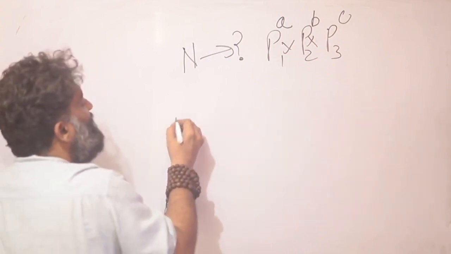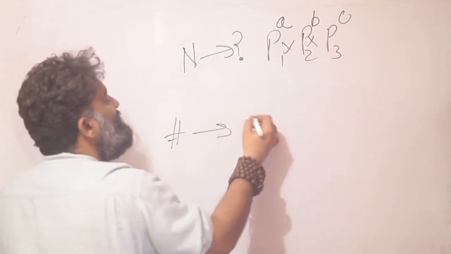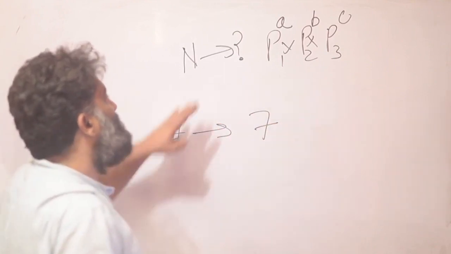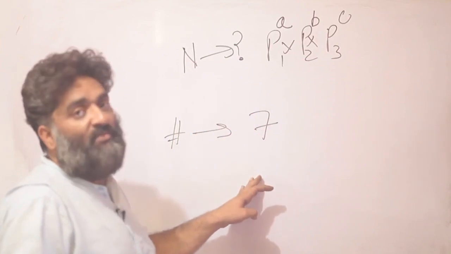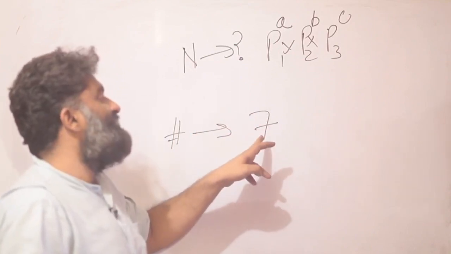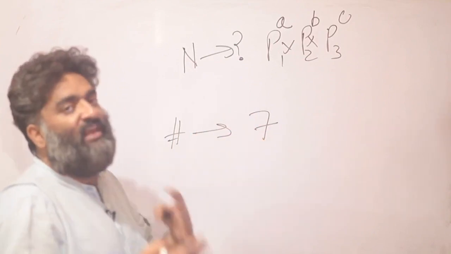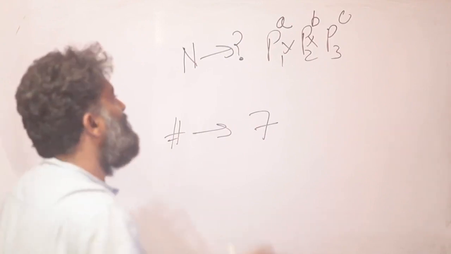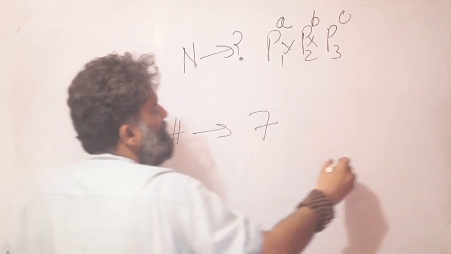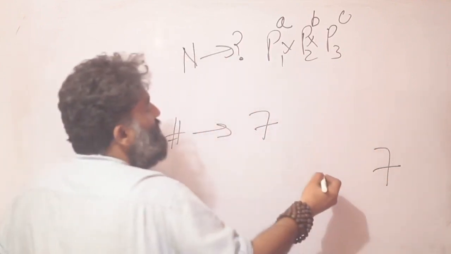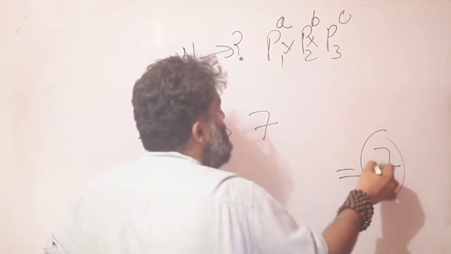Now I tell you that the number of factors is 7. So there is a number and the number of factors for that number is 7. I'm still keeping the problem easy, because if I move this number from a prime to composite, something else would happen, but let us not go there. Simple question, the number is n, the number of factors is 7. Repeat the formula. Where has this number of factors 7 come from?